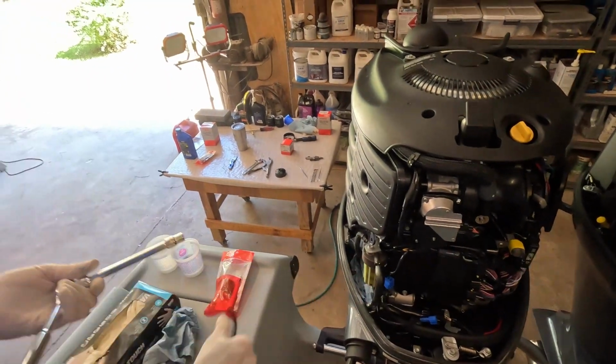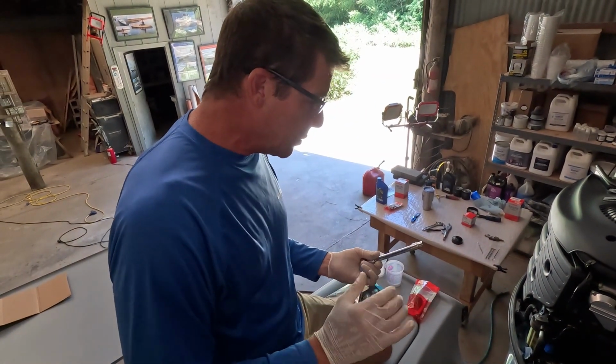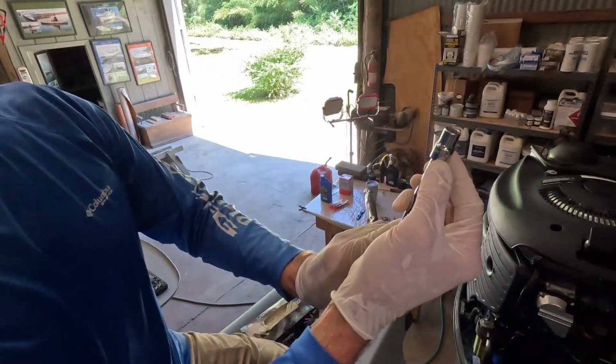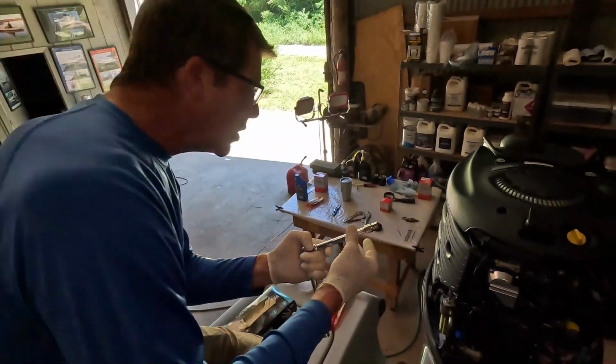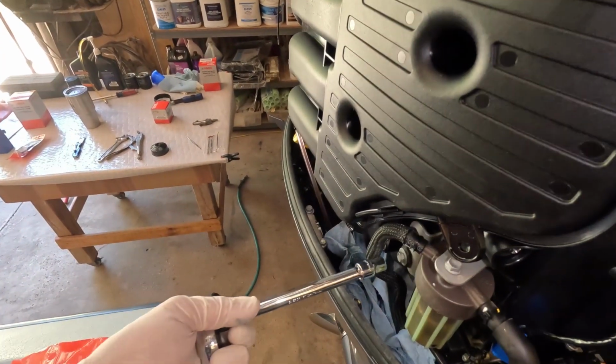I would not recommend using anything like channel locks or pliers. A lot of times you may damage that little housing, and it's not cheap to replace. We've got a 10mm socket with a bit of an extension, and I find that taking these 2 bolts off to the side,